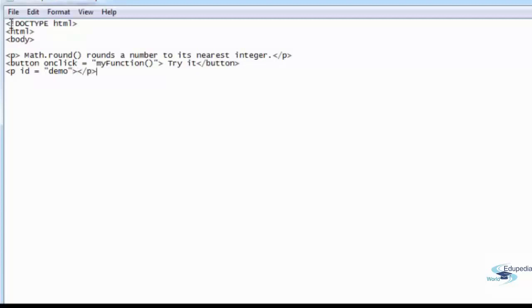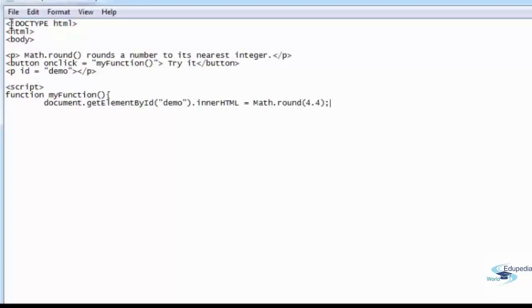Okay, close the paragraph tag and then open up the script tag, function myFunction, open up the curly brackets, document.getElementById demo .innerHTML is equal to Math.round